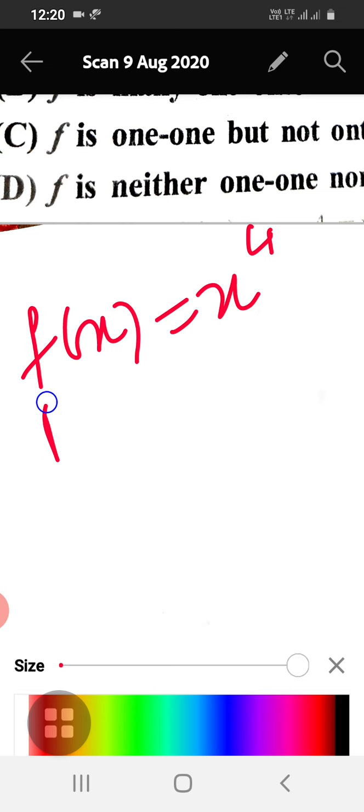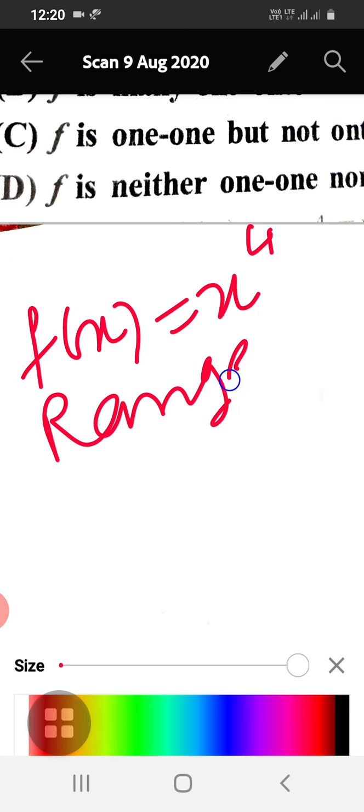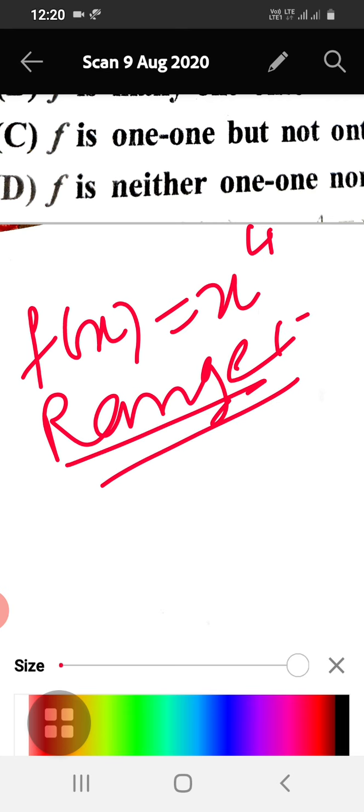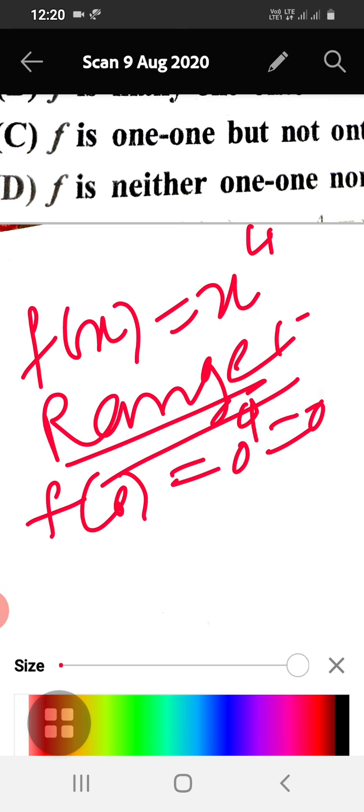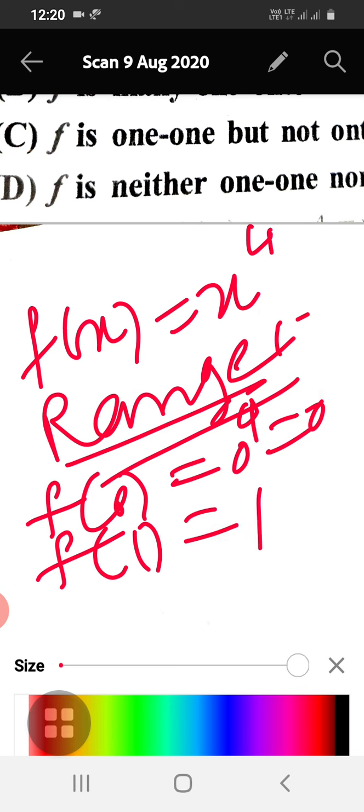Let us find the range of this function. f of x is equal to x to the power of 4. If I give 0, f of 0 is 0 to the power of 4, that will be 0. Then we have seen f of 1 is 1 to the power of 4, that is 1.